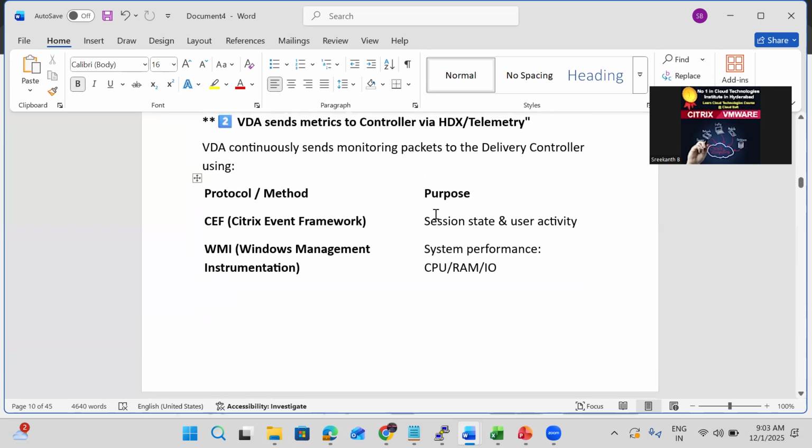So telemetry is one of the metric collection mechanisms. All those traces are collected by the telemetry, and it is going to send that into the controller, and the controller stores that data into the monitoring database. Then Director will use that database. From that we are going to get